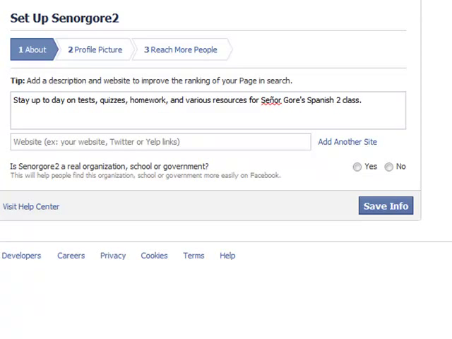Consequently, my description here is going to focus on staying informed of what's happening in class because parents want to be informed. Students aren't as interested in that phrasing. Also, I'm going to mention tests and quizzes before homework because parents are more interested in knowing what's coming up and the tests and the quizzes. Students are more focused on the homework because that's happening within the next 24 hours. For websites,